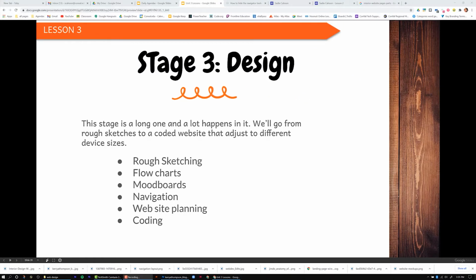Stage 3 of the UX design process is the design stage. This is a long stage and a lot happens in it. We'll go from rough sketches to a coded website that adjusts to different device sizes. Some of the things that you will be doing are rough sketching, also called wireframing, flowcharts, mood boards, navigation, website